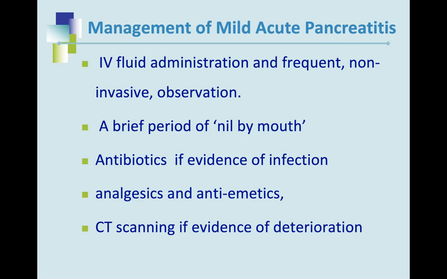And antibiotics are not recommended in acute pancreatitis until there is evidence of infection. Evidence of infection is leukocytosis, or if other markers are raised, like procalcitonin nowadays, a marker which we came to know in the COVID-19 pandemic, that it is done very frequently. If procalcitonin is raised, it means that the patient needs antibiotics. There is evidence of infection. Otherwise, prescribing antibiotics to each and every patient is not desirable and not recommended.